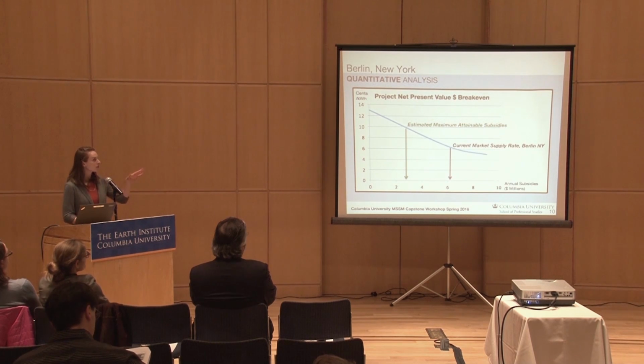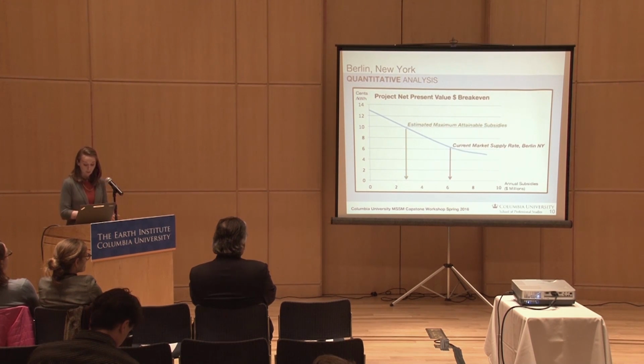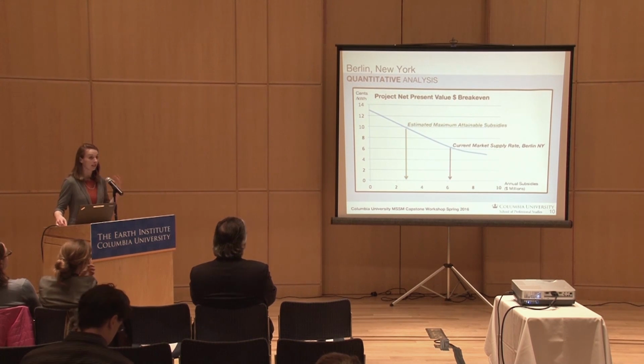And at that level of subsidies, we found that our plant would have to charge 10 cents per kilowatt hour for its electricity. And this would provide a positive net present value, which means that the projected earnings are expected to exceed the capital investment. However, residents are currently only paying 6.5 cents per kilowatt hour, which is the point on the right, which means that in order to sell the electricity at that price, the plant would have to receive over $6 million in